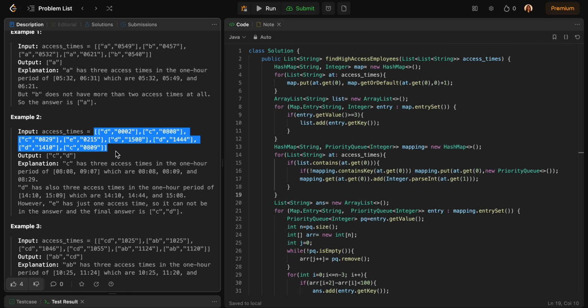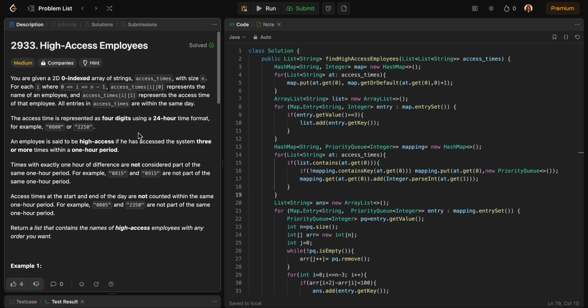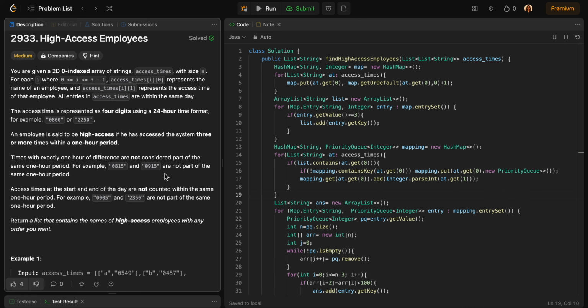Same goes for this one as well. We can see that okay, C is a highly efficient person. Why? Because he has accessed the system more than or equal to 3 times, and the time range does lie within an hour. So that's what our condition is, that if we are able to figure out